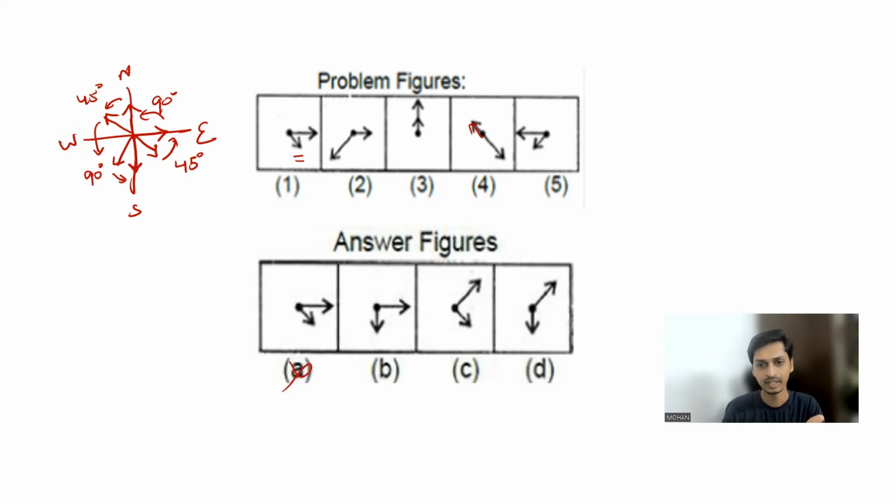It is not in option A. It is not in option C. But in option B and option D, you could see the small needle pointing to south. Small needle, right? Now, what about the bigger one? So for the bigger one, I plotted a separate picture, okay? East, west, north, south. So at the first box, this bigger needle is pointing to east. In second, it is pointing between southwest.